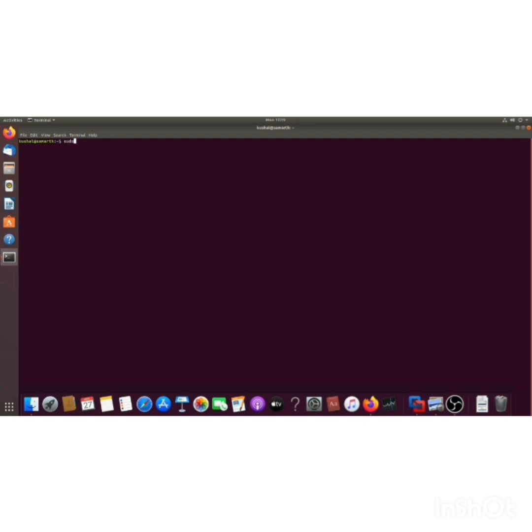So first I'm going to tell you how to install Python 3 packages. For that, sudo apt-get install python3-pip is the command which we're going to use. This will install all the packages. In case you want the basic version of Python, you can write python instead of python3. Then